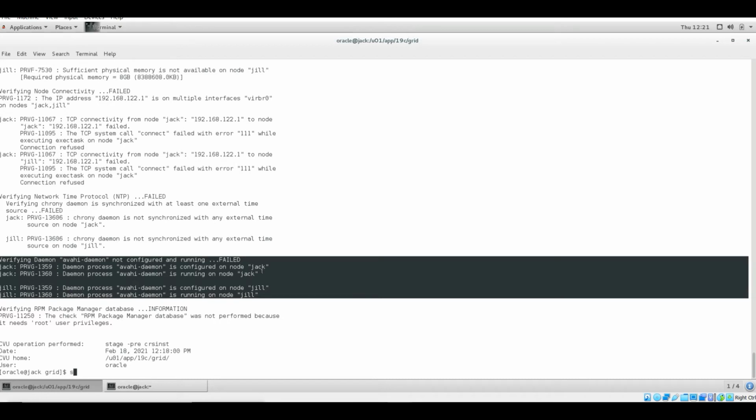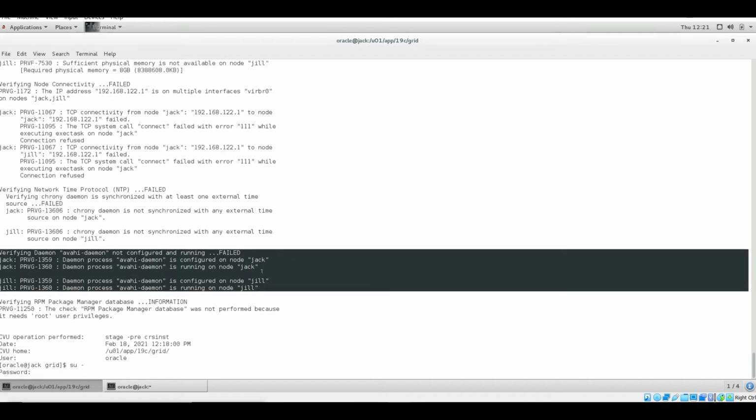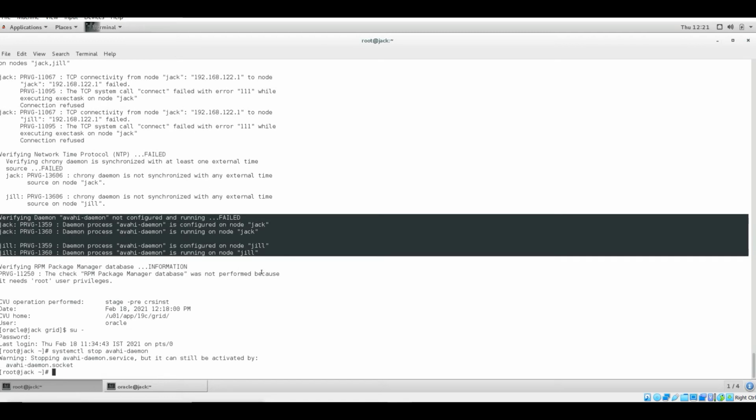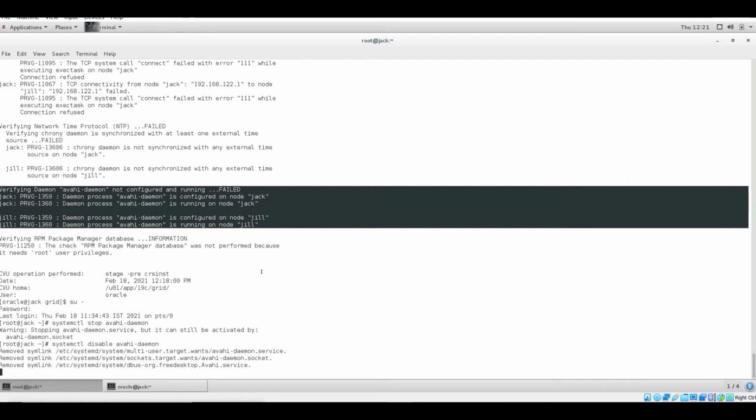What we need to do is let us log in as root, then systemctl stop avahi-daemon, then disable avahi-daemon. So this has been disabled over here.